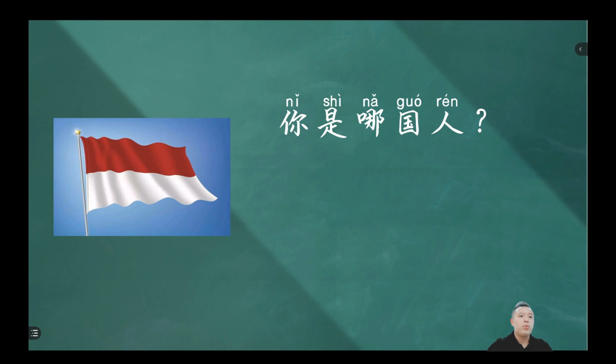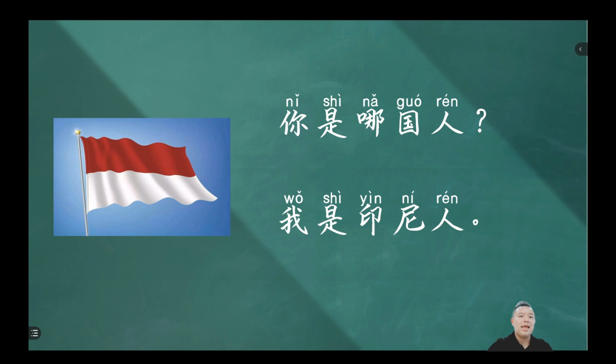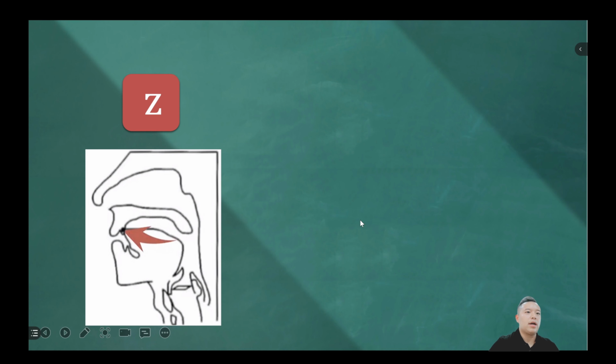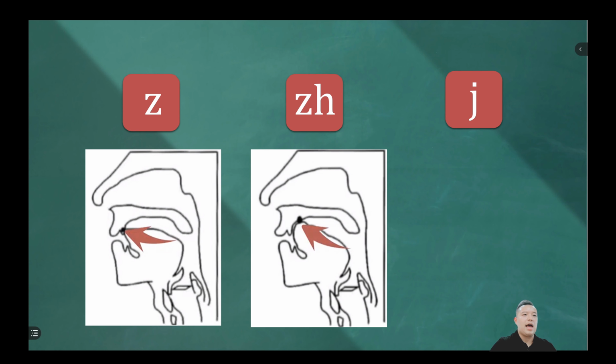So you can answer this question by 我是印尼人. 印尼 is a short form of Indonesia, 印度尼西亚. 你是哪国人？Kamu dari mana? 我是印尼人。Saya orang Indonesia. 你是哪里人？我是印尼人。你是哪里人？我是中国人。